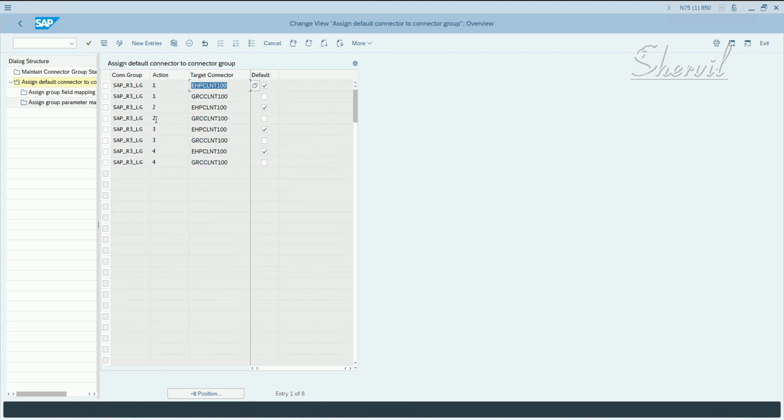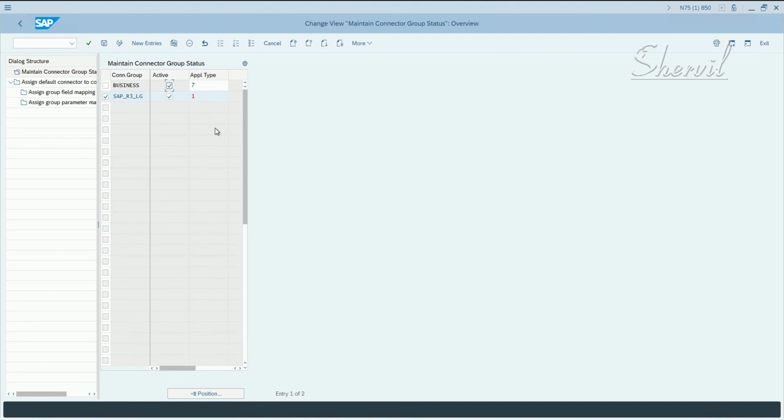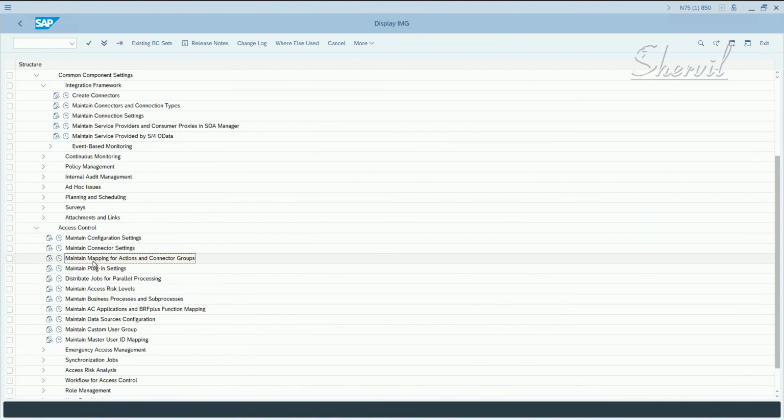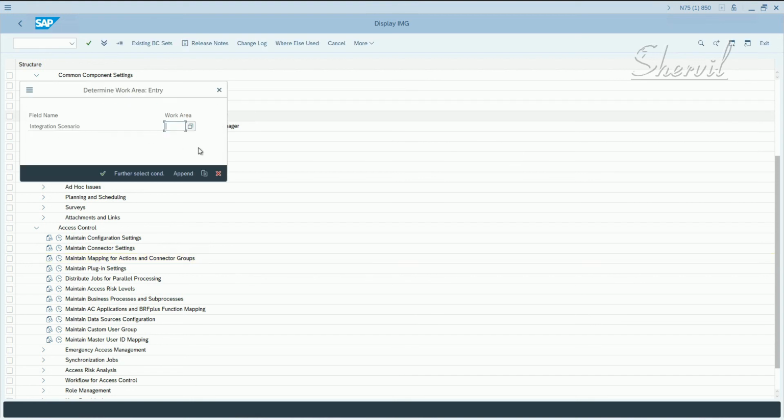So you have to maintain this list also. Not part of EAM, it's already set up. I'm just showing you what the setups would be. The critical point, from the EAM standpoint, is that you maintain the connectors and also maintain the integration scenario for each of those connectors. The integration scenario for EAM is SUPMG, and that needs to be maintained.